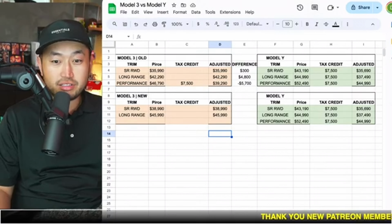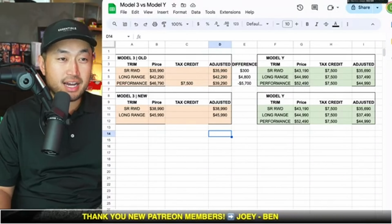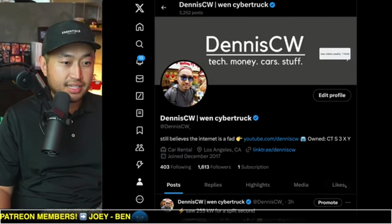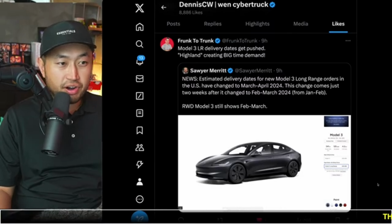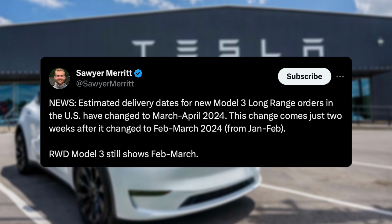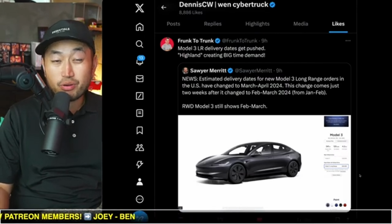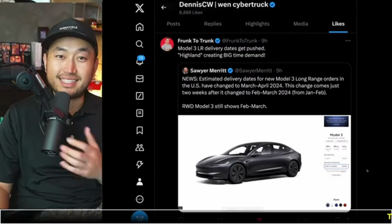But really, at the end of the day, there are things that could be changing as well. Also, I forgot to highlight it, but it seems like delivery dates are getting pushed now for the Model 3. Shout out to Frank the Trunk and Sawyer. It seems like delivery dates for the Model 3 long range have pushed to March to April. It was before February to March. So it does appear that demand is starting to rise for the Model 3, and so maybe that's what's happening, or is production just delaying for the Model 3, and that's why Tesla has